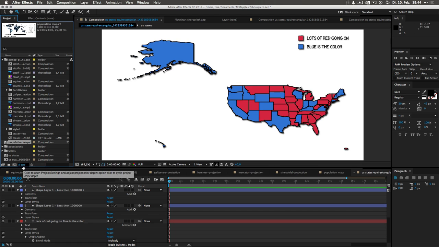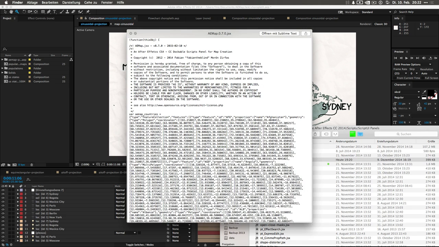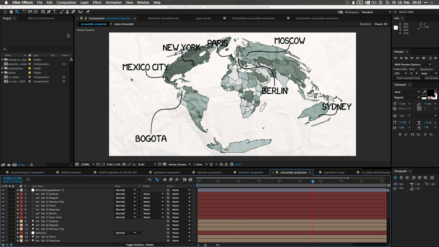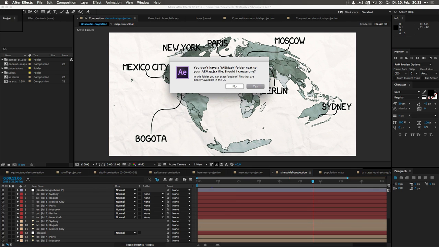Anyway, next I'm going to show you some basic settings for creating maps. Okay, the basic usage for AEMap. Just drop AEMap within your scripts panel, like I have, and restart your After Effects. And then you should be able to open it via Window, AEMap. First thing AEMap does, it asks for the AEMap folder. If you don't want to clutter your scripts panel folder,